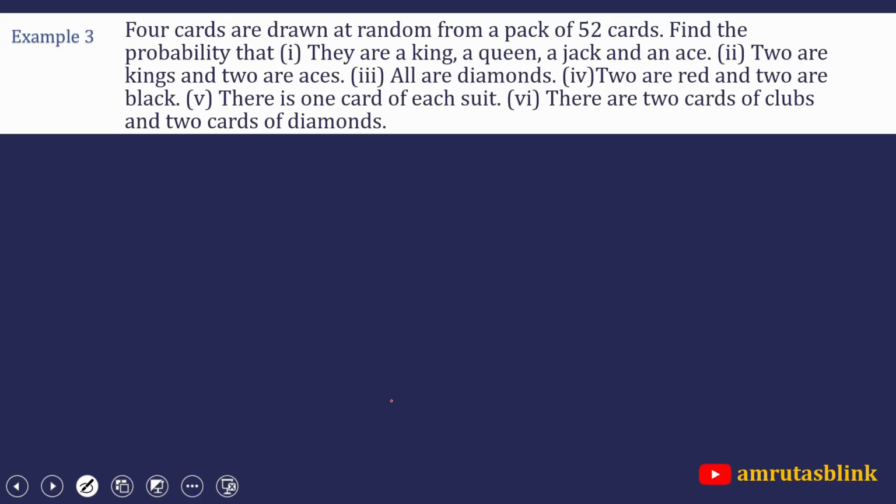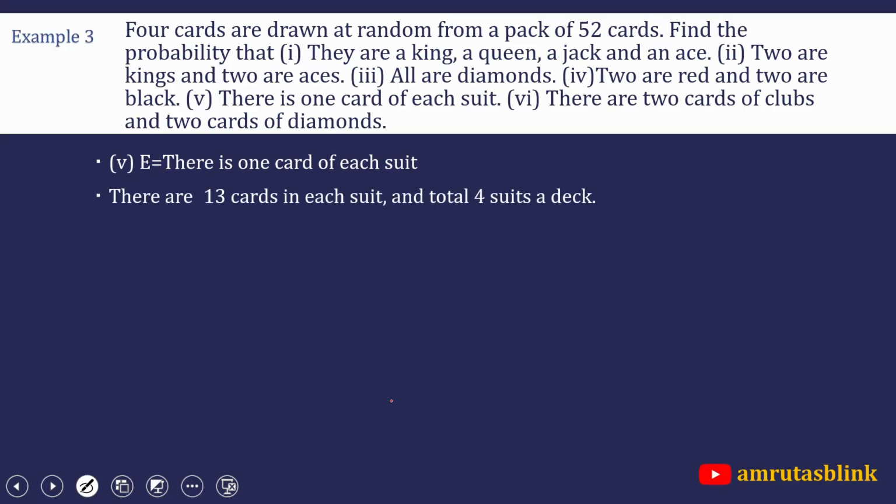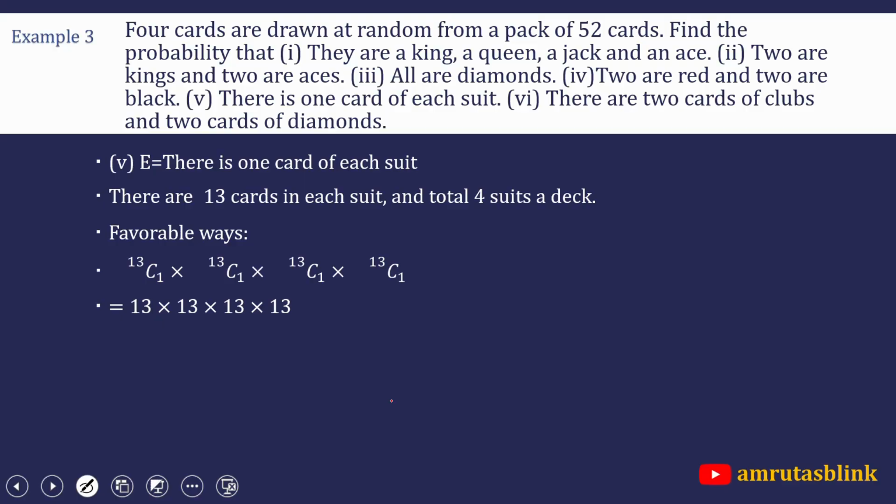Let's solve the case number 5. There is one card of each suit. So let's say this is called an event E, where there is one card of each suit. Now there are 4 suits with 13 cards in each suit. So we can have one card from each suit in 13C1 ways. So 13C1 into 13C1 into 13C1 into 13C1, that is 13 into 13 into 13 into 13, which is equal to 28,561, and hence probability of this event E is equal to n of E upon n of S, which is equal to 28,561 upon